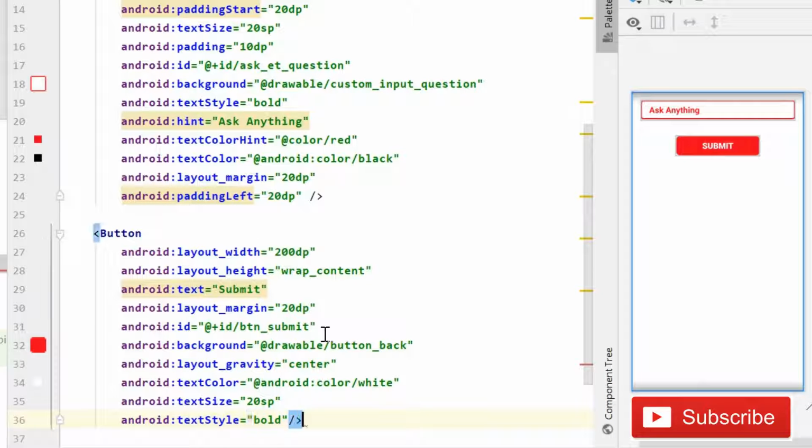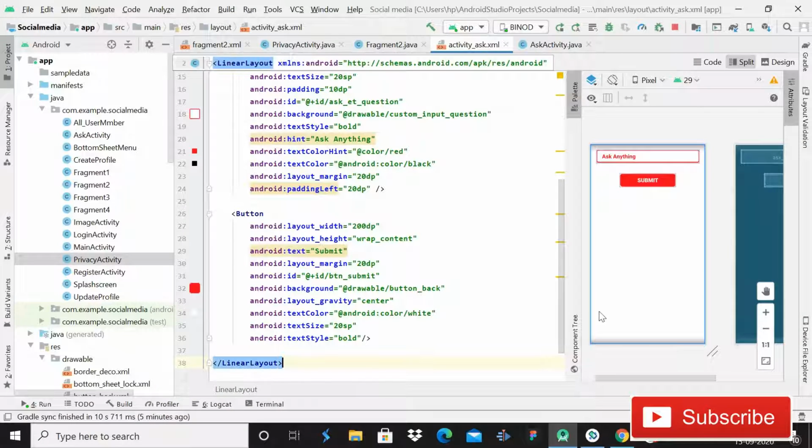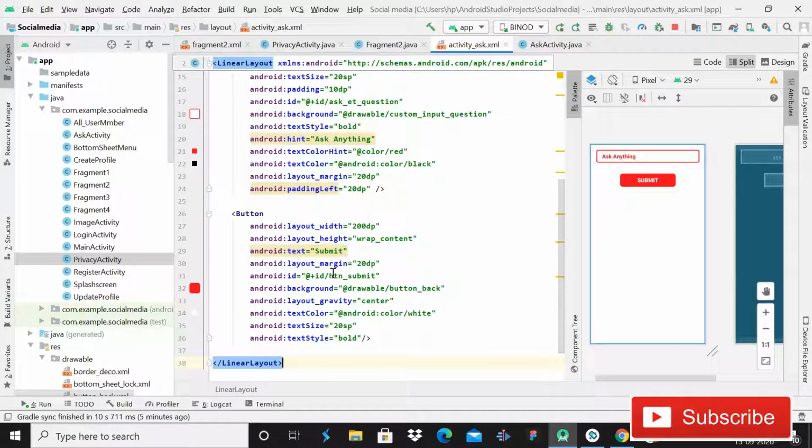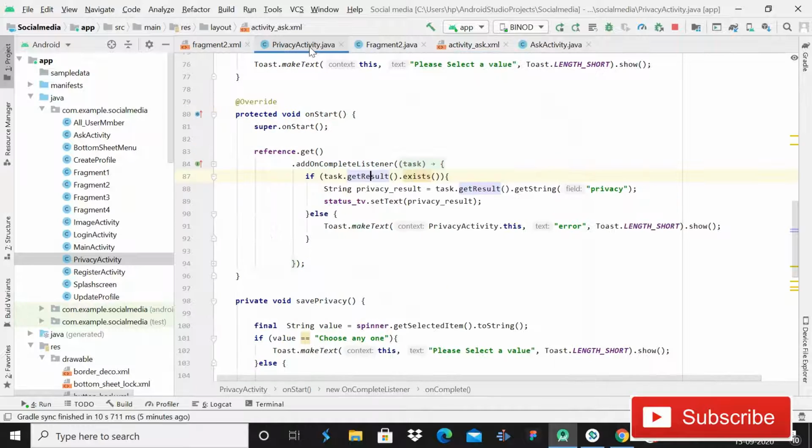Fine guys, so now you can see that we have this beautiful button. Fine guys, so now you can see that our ask activity is now almost complete. Fine, we have given the id. Yeah, so guys, after this what here we can do is simply you have to go in this